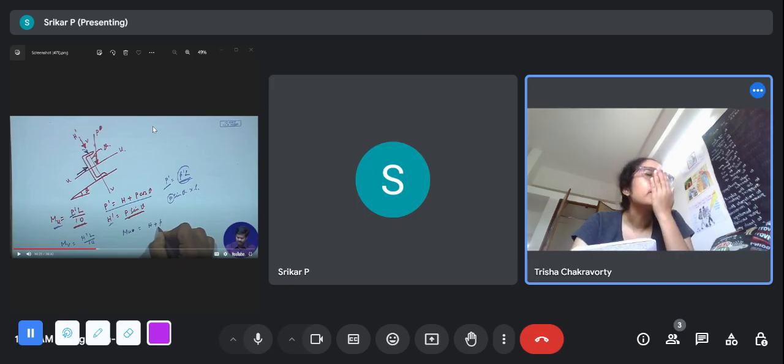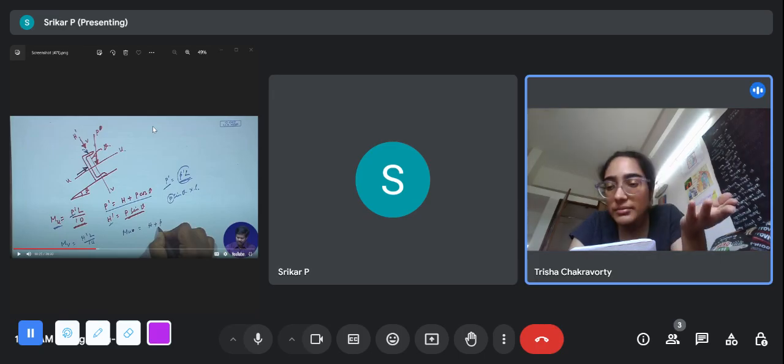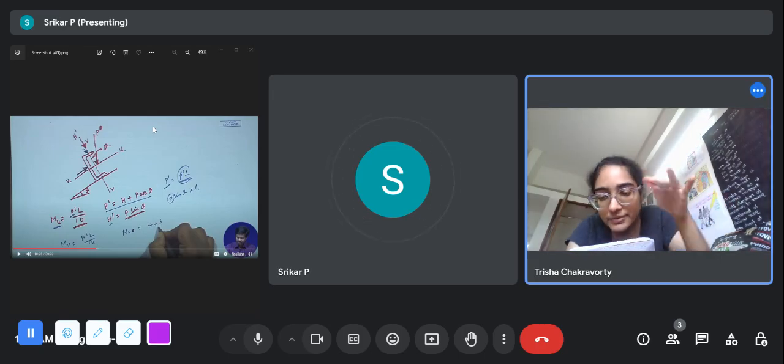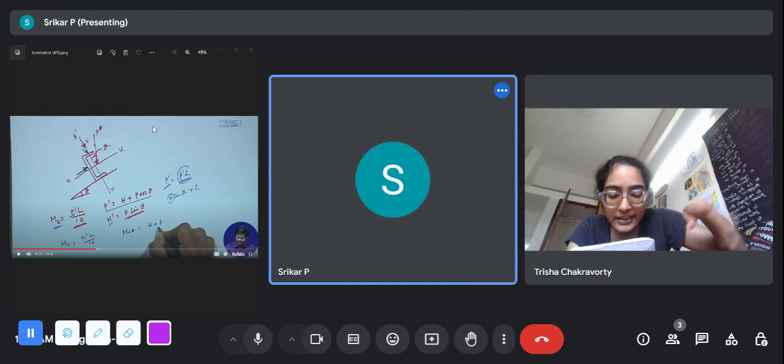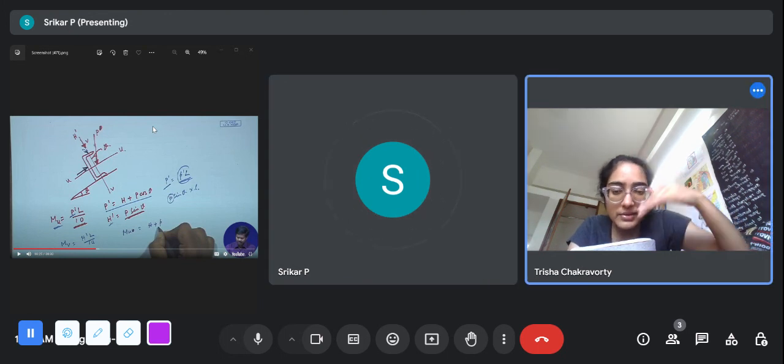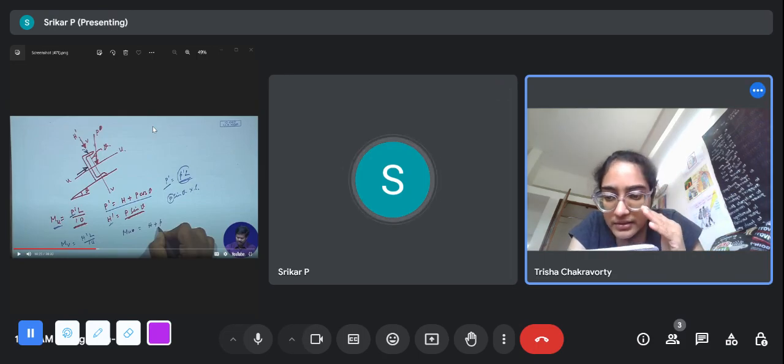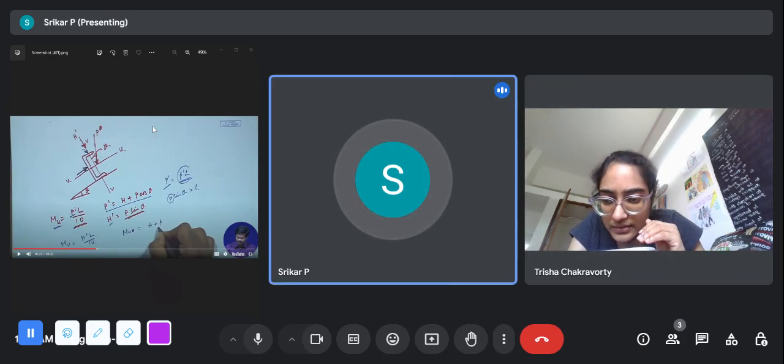Oh, okay, wait. The only explanation is if the wind is along this line. If the H load is along the UU axis only, then H dash will only have the contribution of P, because if H is along this, it will have no contribution in its perpendicular direction. So you can say H dash is equal to H, and the H contribution will not be about UU. It will be completely perpendicular.